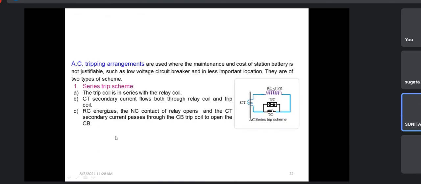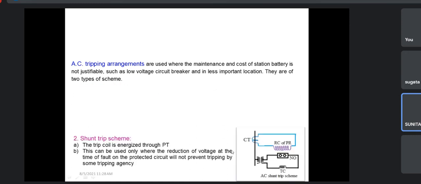And for AC tripping arrangement, by directly using the AC power available, the relay coil may be energized. There are two arrangements. One is the series trip scheme. That means it will be seen from the series. It is clear that series means current. So obviously, the trip coil will be energized through some series current proportional to the system current. So through CT it is supplied. In this circuit, the relay contact is opposite, normally closed. So the trip coil will be bypassed under normal operating condition. During abnormal condition, NC will become NO, so the trip coil will get energized.